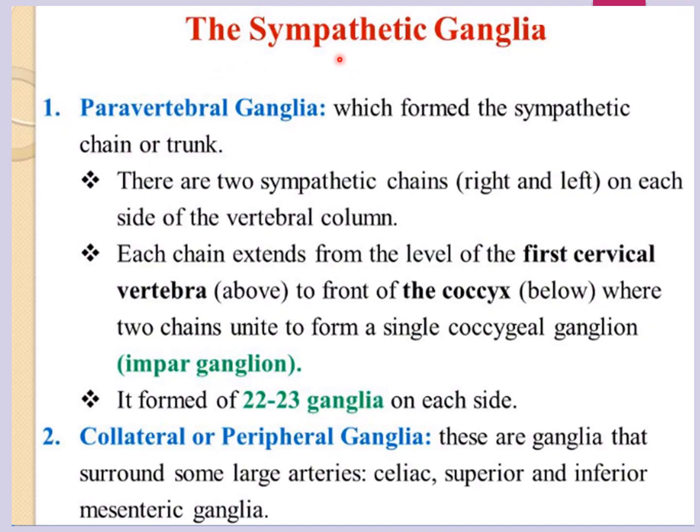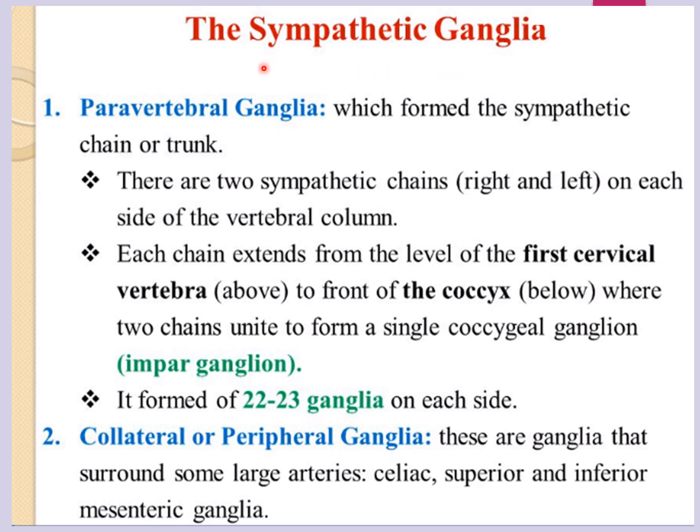The topic of today's discussion is sympathetic ganglia. So what is the definition of ganglia? Those of you who do not know the definition of ganglia, it is defined as the collection of neuronal cell bodies outside the CNS. Now in the head and neck we discussed the sympathetic ganglia, right? If you remember, in the cervical region there are three sympathetic ganglia: the superior cervical, middle cervical, and inferior cervical sympathetic ganglia.